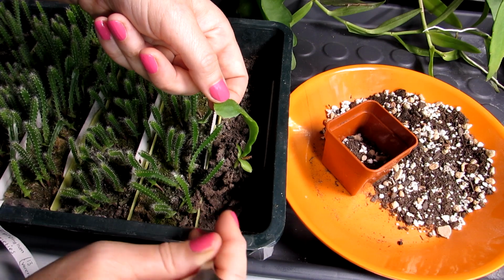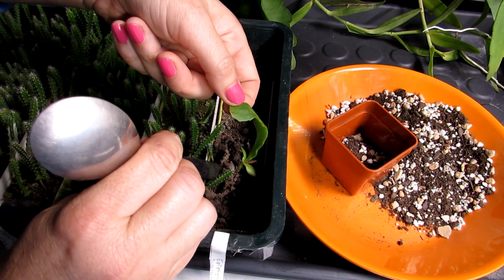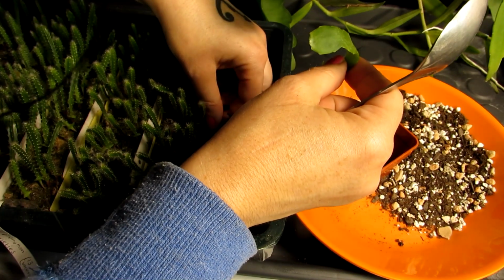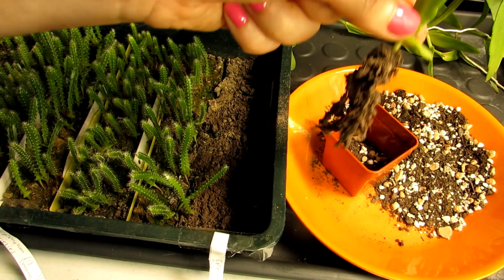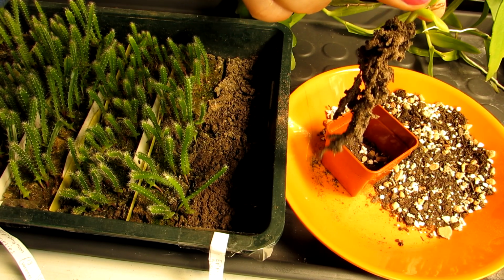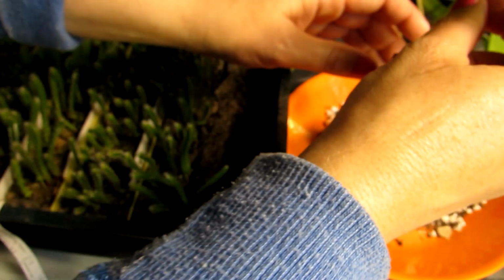There's one little other seedling there I need to be very careful with. Because yeah, that's almost done, that's it. Look at that, guys. Look at the lovely little root system on this. Isn't it fantastic? So obviously I'm going to put this soil back here, and then I'm going to very gently